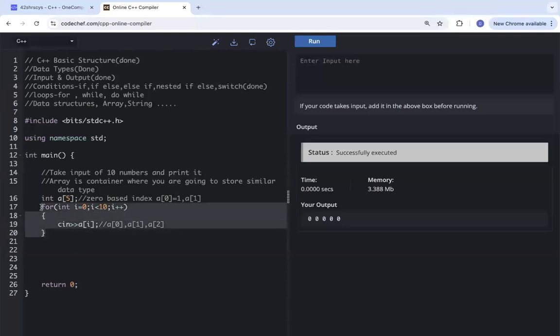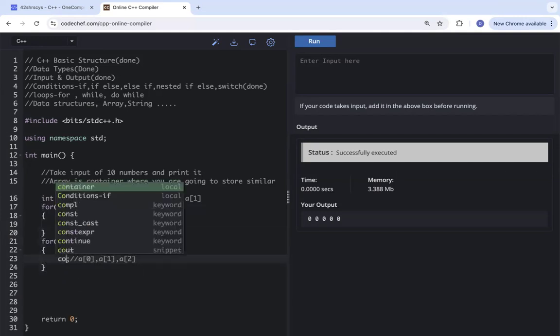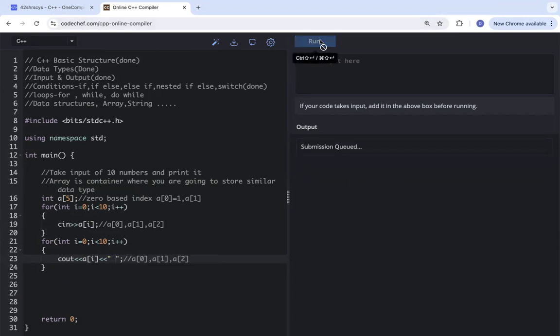I'm taking the same thing. What I'm doing is I'm just copy pasting the same loop. Instead of cin, I'm just doing cout array of i and giving some space. Or I can print it in a next line. That also I can do. So when I'm running it,